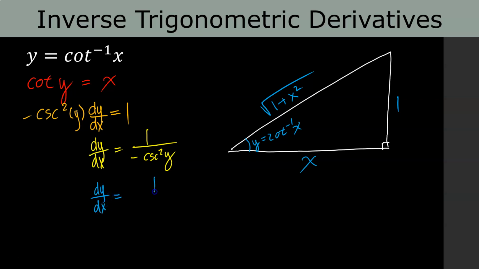Now that we have all three sides inside that triangle, we can take cosecant of our angle y. Cosecant is the reciprocal of sine. Sine is opposite over hypotenuse, so cosecant is hypotenuse over the opposite side. So we get square root of 1 plus x squared, and we're squaring cosecant. Ooh. So I can just get rid of the square root and the square and just say 1 plus x squared in that denominator. Should we keep absolute values? Nope. 1 plus x squared is always greater than or equal